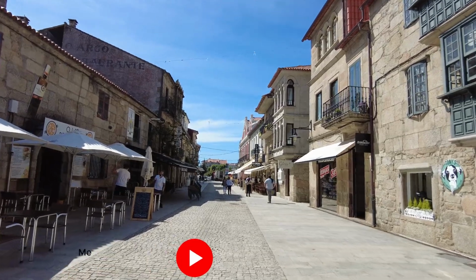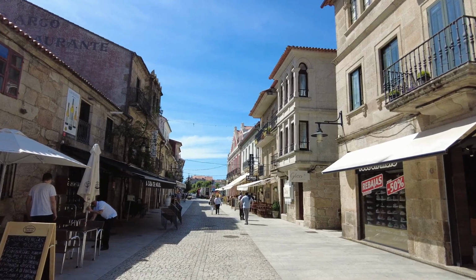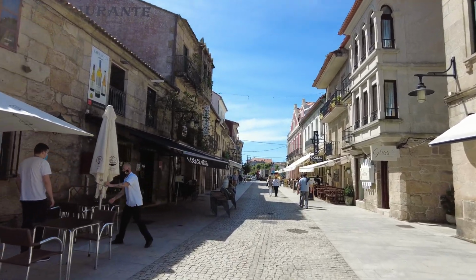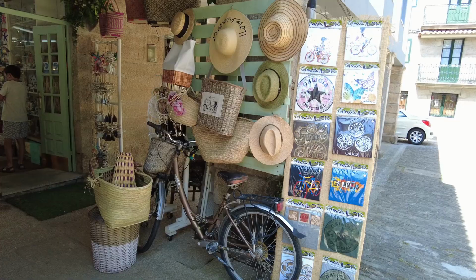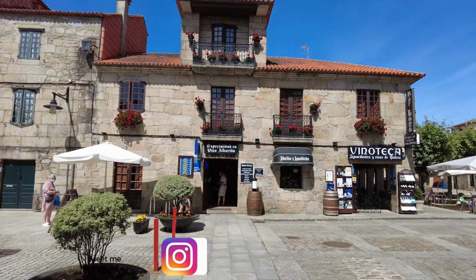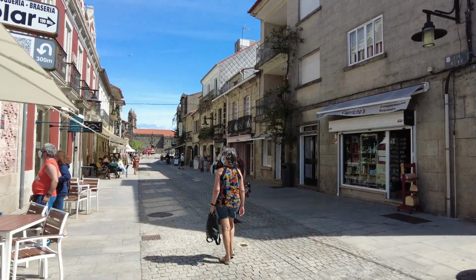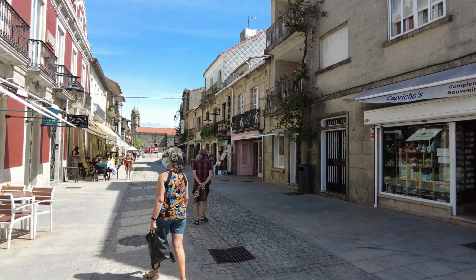We first decided to visit Cambados on our way, and it's a beautiful little village that you can visit in the morning, just taking a stroll along its main avenue, seeing those little stone houses where there's a lot of stores where you can try the local wine Albarino and Ribeiro, and of course check out the market for seafood